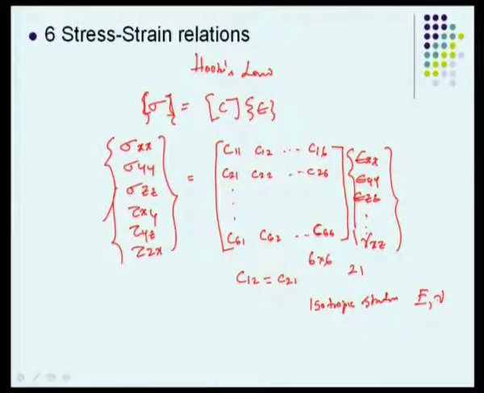If it is an orthotropic structure, we have 9 constants, and if it is transversely isotropic, we have 5 constants. Like that, we can actually reduce depending upon the plane of symmetry. But in this lecture, we will be talking only about isotropic structures. So, basically we will be dealing with only 2 constants, that is the Young's modulus E and the Poisson's ratio nu.